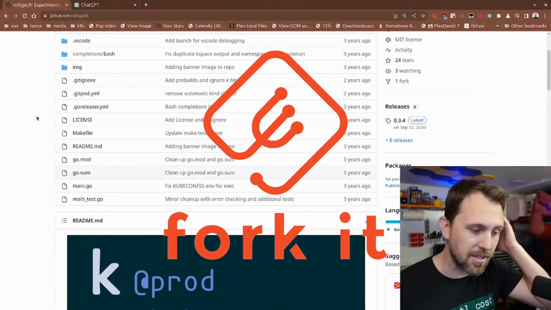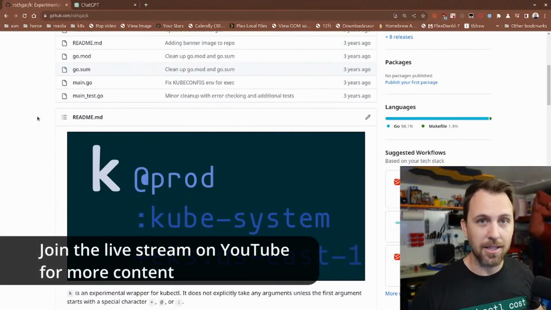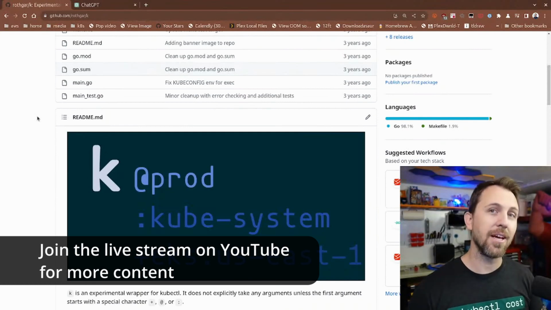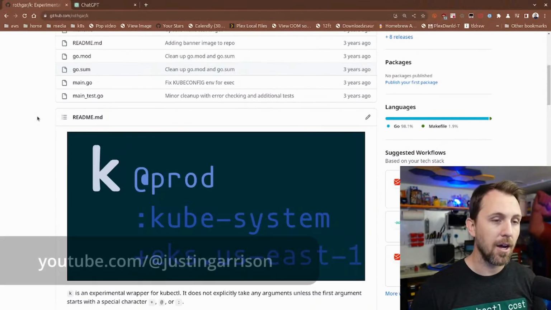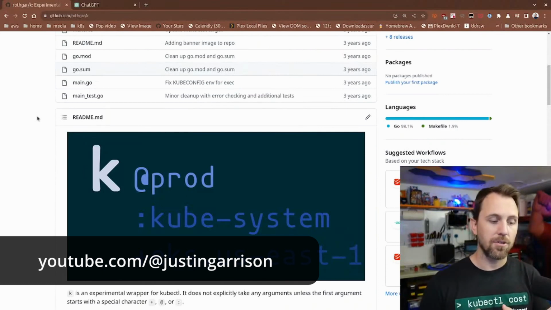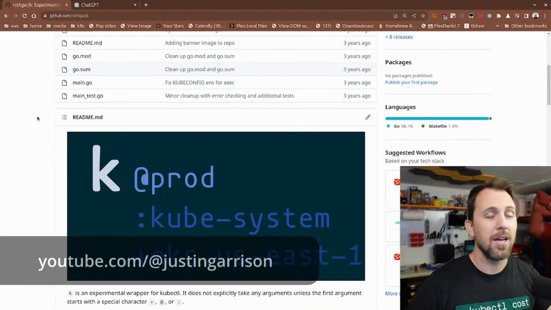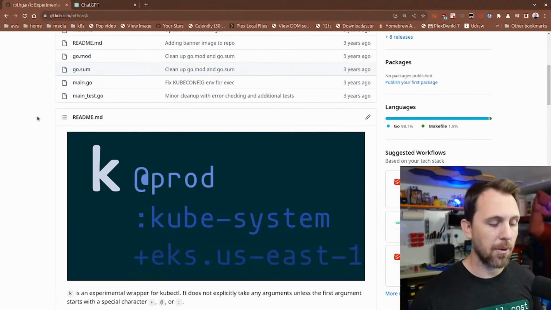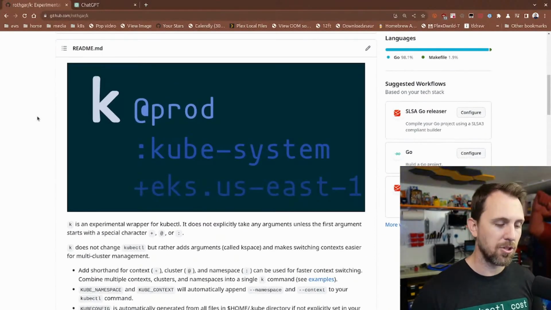So today's project is a project I call K, and it's based on Kubernetes. Everyone aliases kube control to K, and I was like, well, what if we had a better K? What if there was another way to use that command? I kept having a problem of I wanted to run commands across multiple clusters. I wanted to see the difference between pods in different clusters, either different regions or contexts or even different namespaces. Like, hey, I tested something in this namespace, it's not working in this other one. How would that work? And so I came up with this K wrapper that wraps around kube control, and it